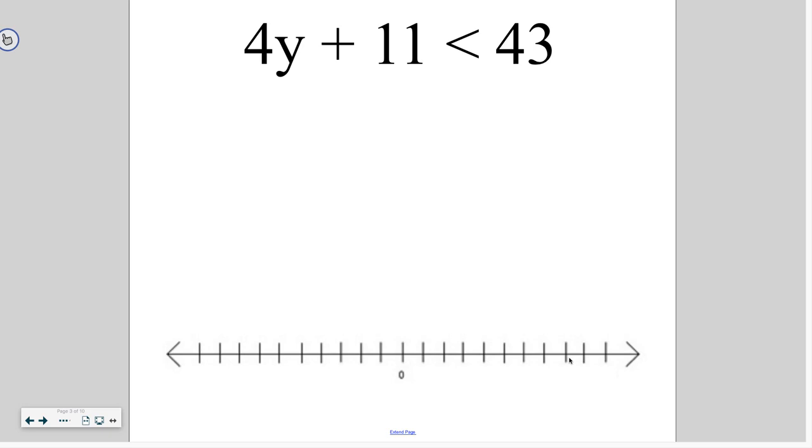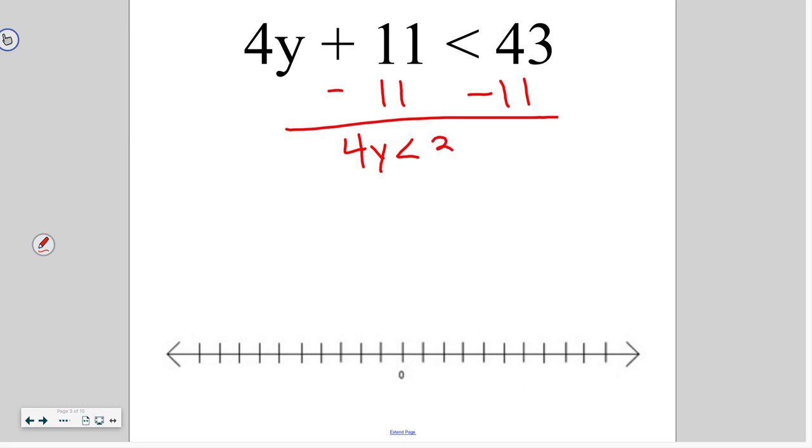First thing we want to get rid of is that addition. So we're going to take 11 away from both sides, giving me 4y is less than 32. Then we're going to divide by 4 on both sides, and we get y is less than 8. Coming down to our number line, we're going to put our closed dot at 8, and then